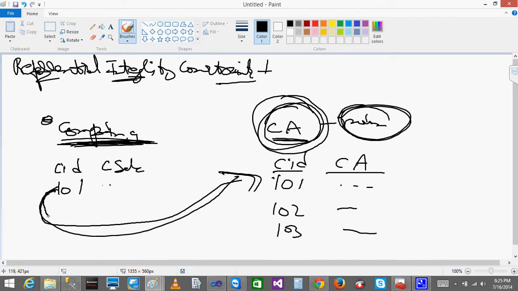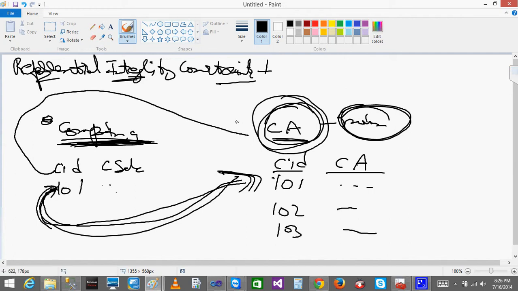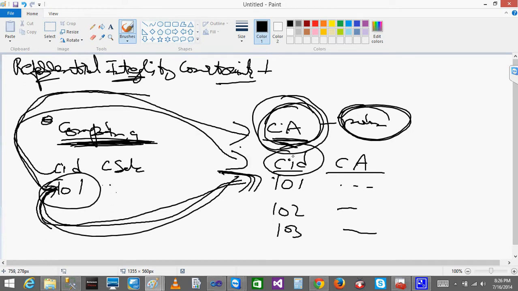In order to control that, we are going to give the foreign key relationship on this column, referencing the company address table, company ID column. So whenever you try to insert a value here, at the back end the system takes the 101 and checks whether that 101 is there in the company address table, company ID column. If the 101 is there, then it will allow you to insert. If it is not there, then it will show an error. Okay, we can see all that now.